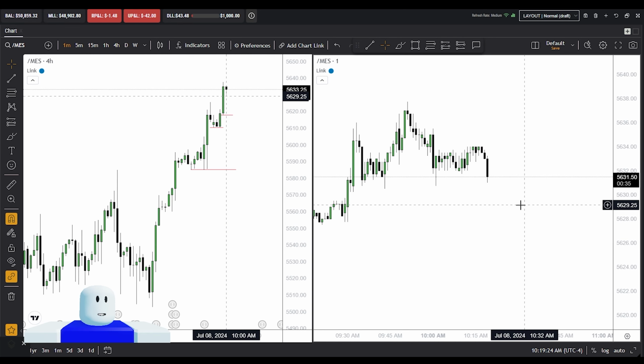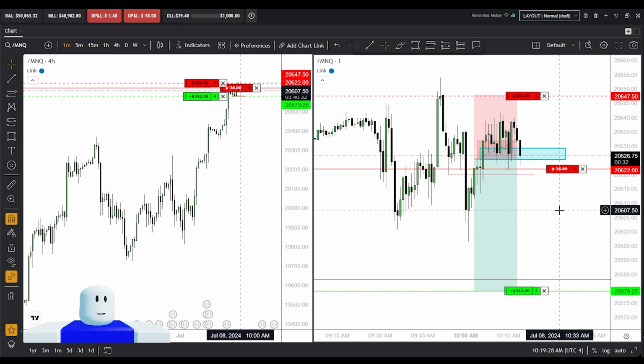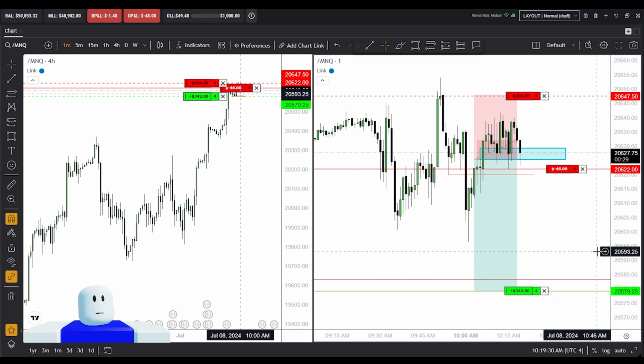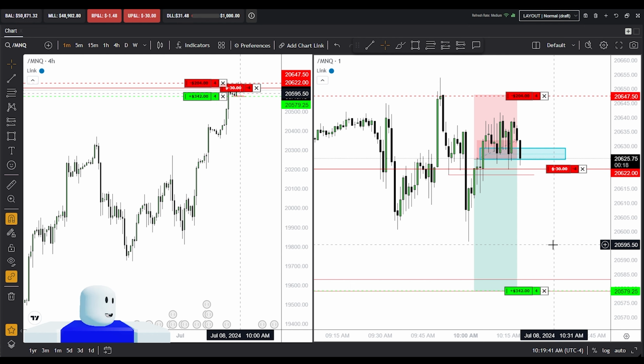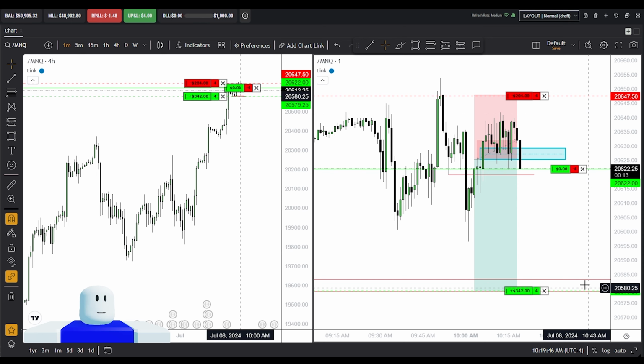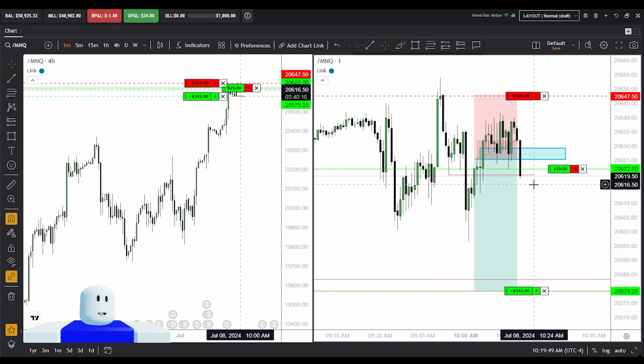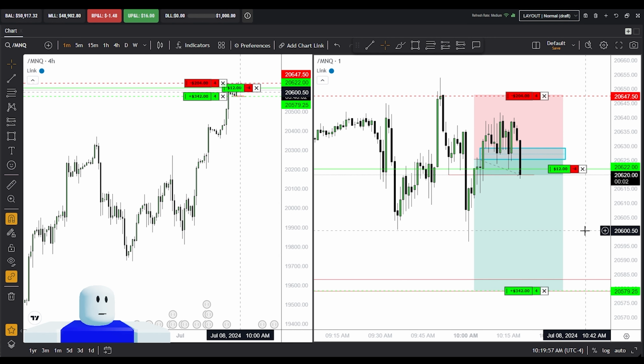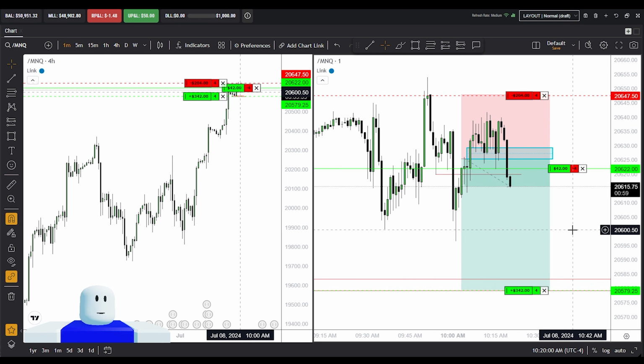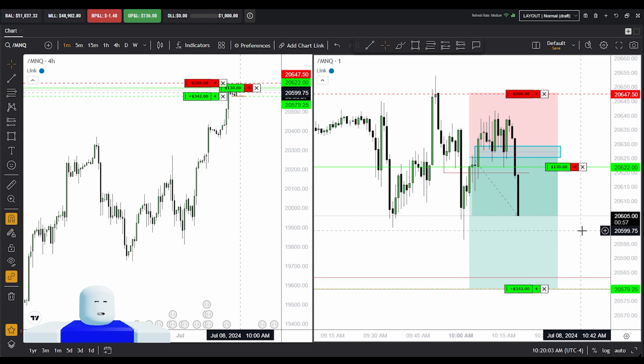NQ was more bearish than ES today, which is something else to note, which is why I take this on NQ instead. Looks like price is going to respect the fair value again. And right now it's generating some highs for it to take out, which I don't particularly like. Alright, looks like I'll just let this trade run.